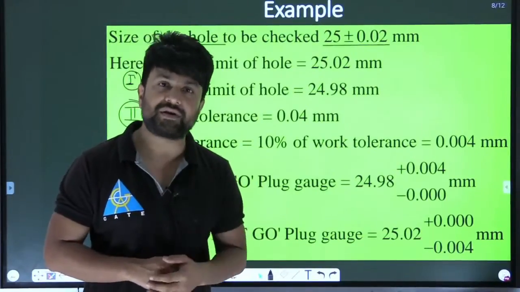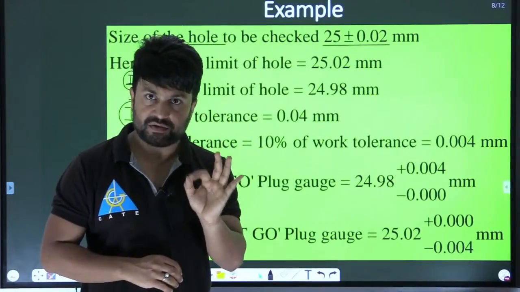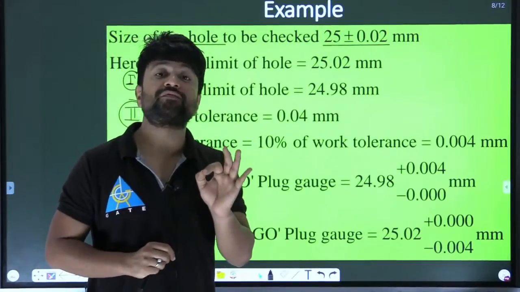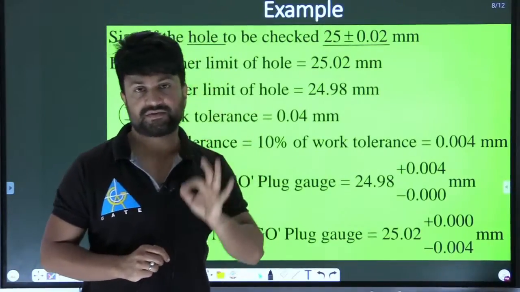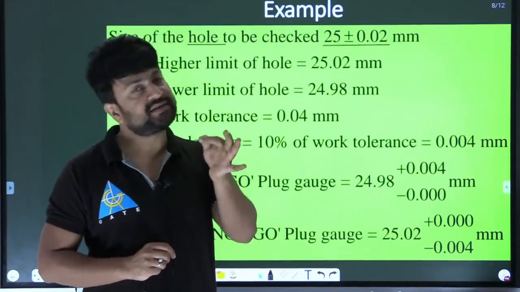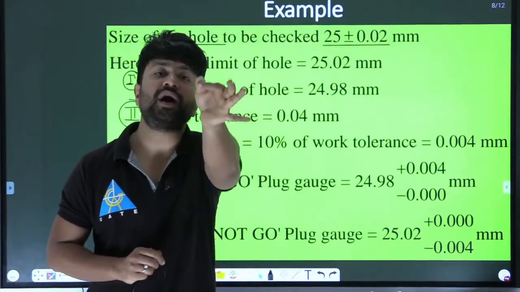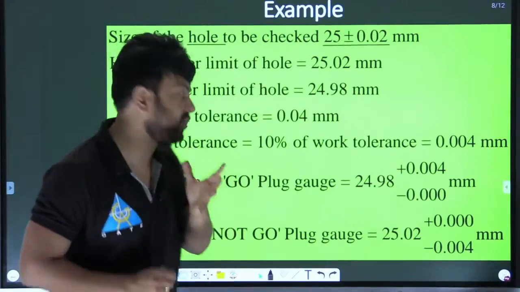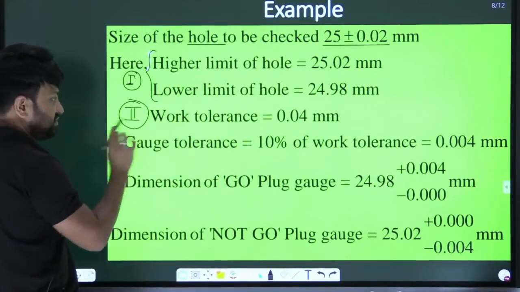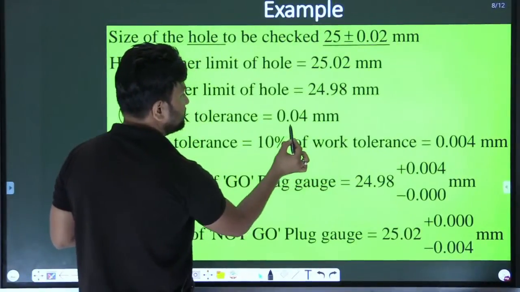What should be the tolerance we have to take? My dear, you have to learn this always. Otherwise, the examiner will give you in the question what the tolerance on the gauges will be. Otherwise, by default, you learn. The examiner will give you in the exam what tolerance you should give on the gauges. So here, practically, the gauge tolerance is always 10% of the work tolerance, and this is the work tolerance,